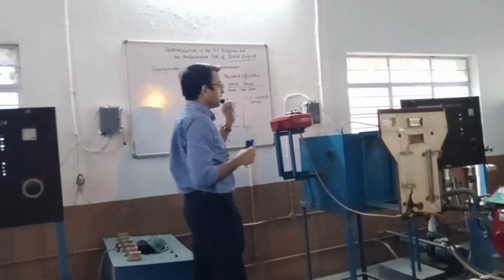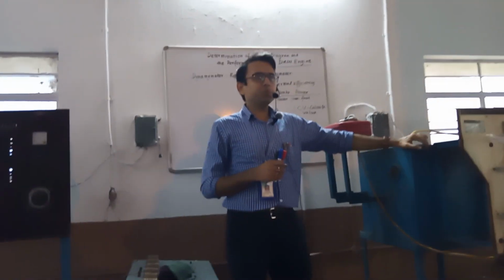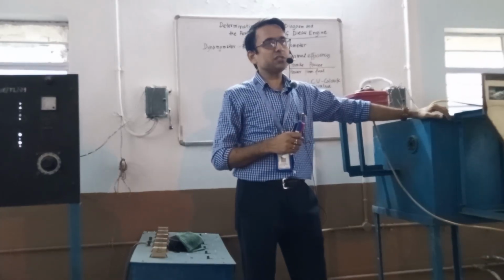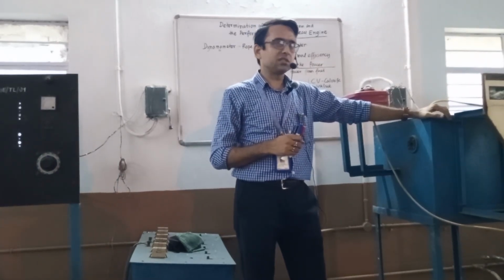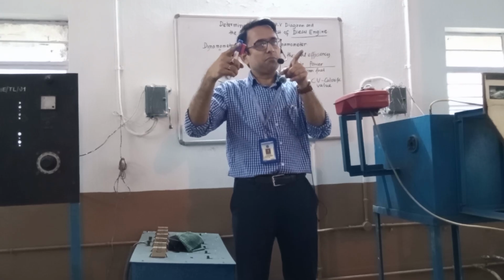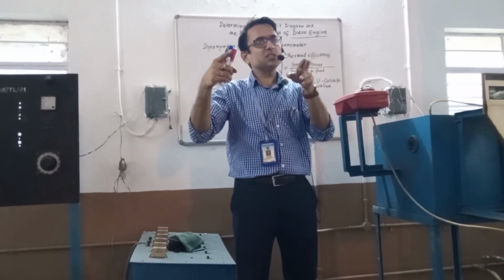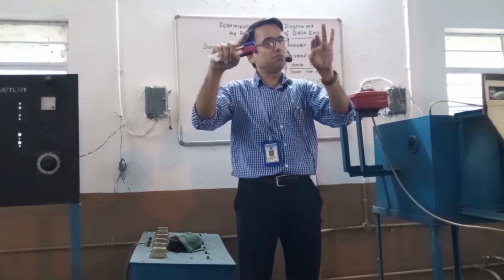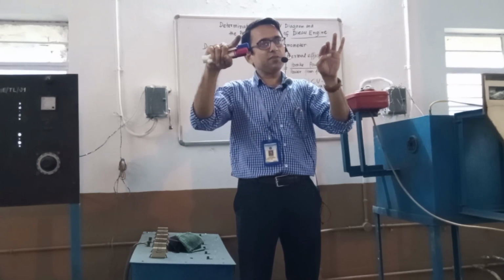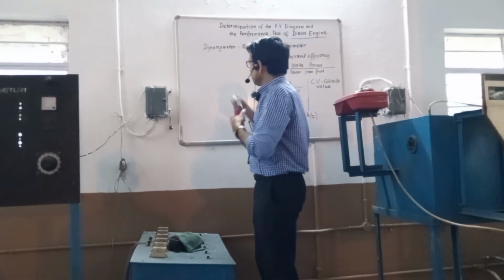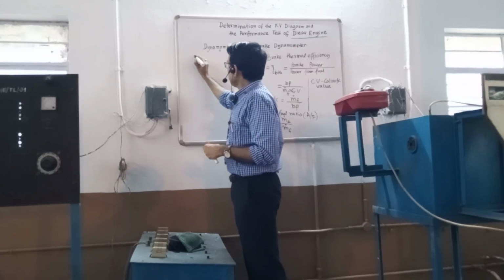Therefore there will be a relation between pressure, kinetic energy, that is velocity, and potential energy. Between these two points the potential energy is the same, because potential energy depends on the height measured from the datum. Since they are at the same level, the potential energies are the same. So what can I do? According to that, if I draw it,